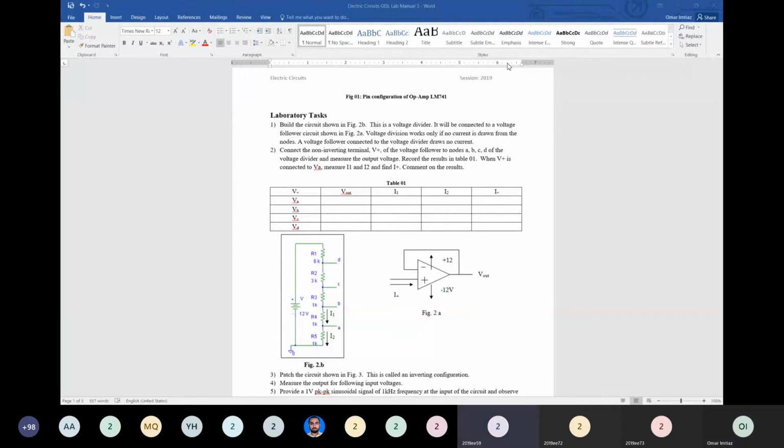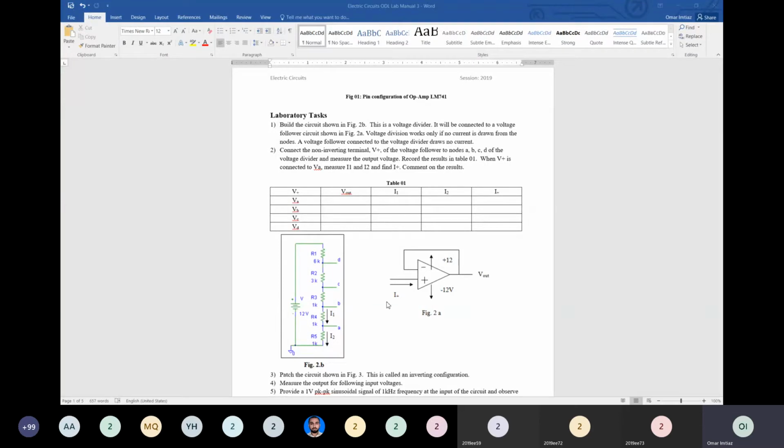It will be plus 12 volts. Yes, it is going to be plus 12 volts because the output voltage cannot exceed the applied VCC levels. So if I apply 15 volts, it will get saturated and the output will be 12 volts.